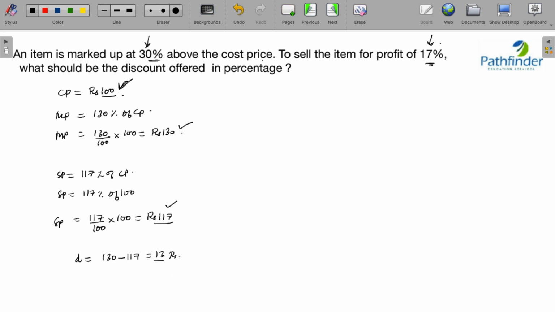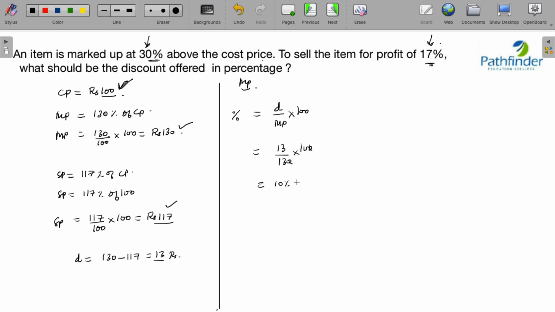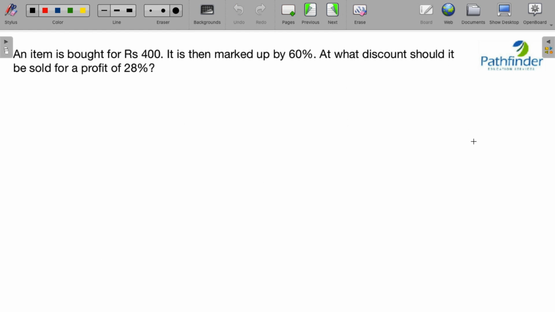So we need to calculate discount in terms of percentages, and discount is calculated on marked price. So we have discount percentage is discount upon marked price into 100. That is 13 upon what is the marked price? 130 into 100. That is 10%. Next,